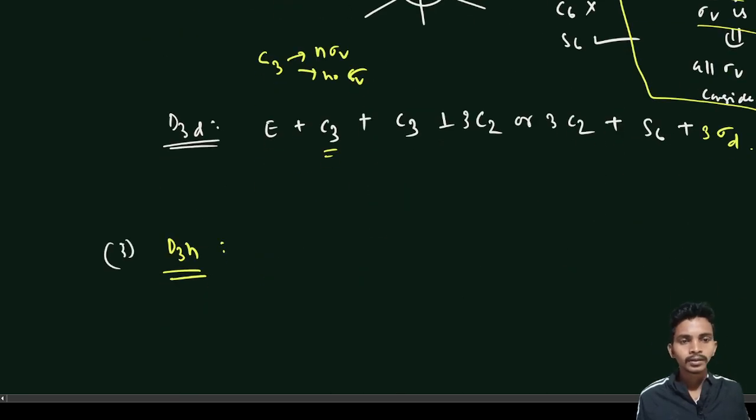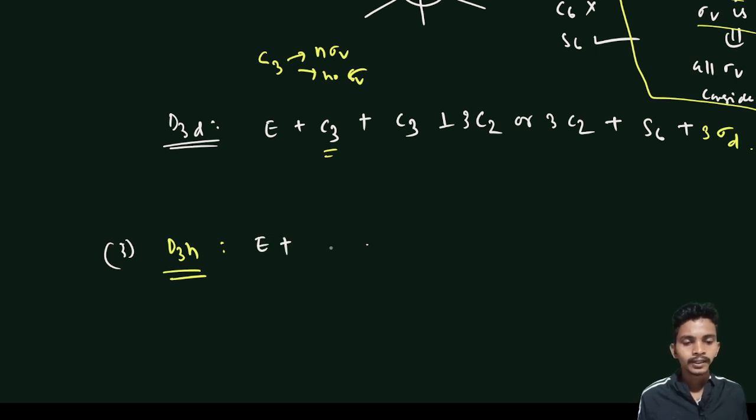So what are the symmetry elements to be present? If we look like this, then E is present, C3, and another is C3 perpendicular to it. Why not Dnh, that I can generalize, right? So we write